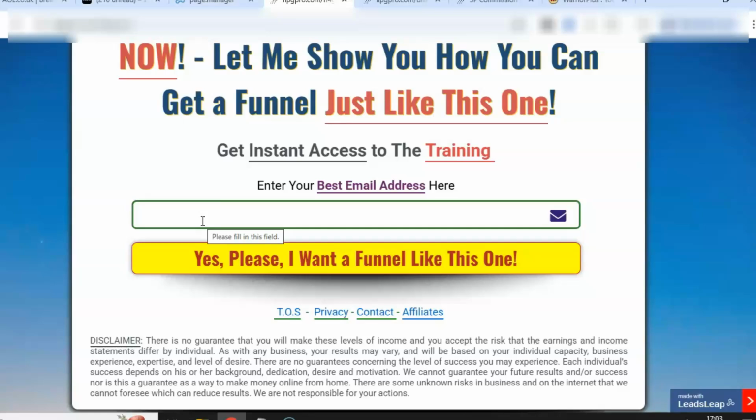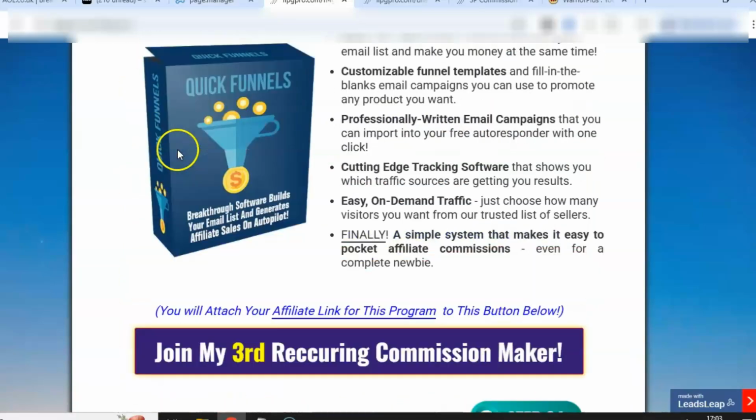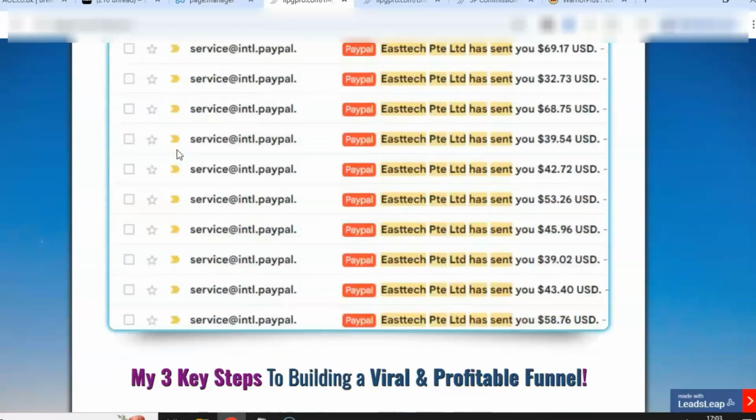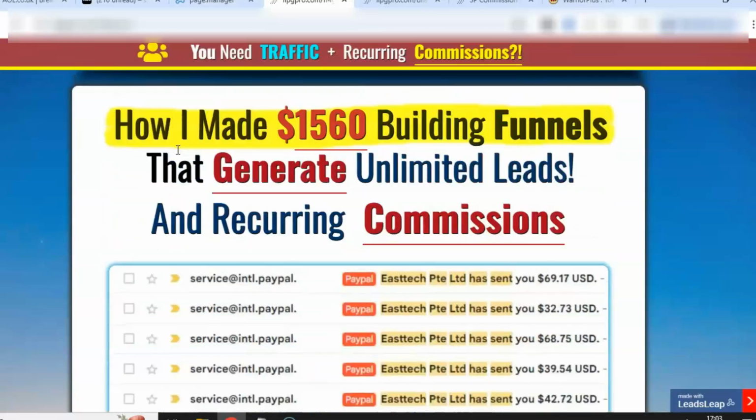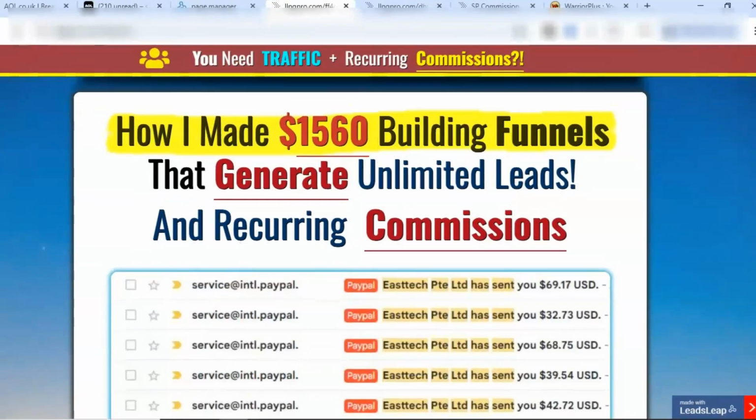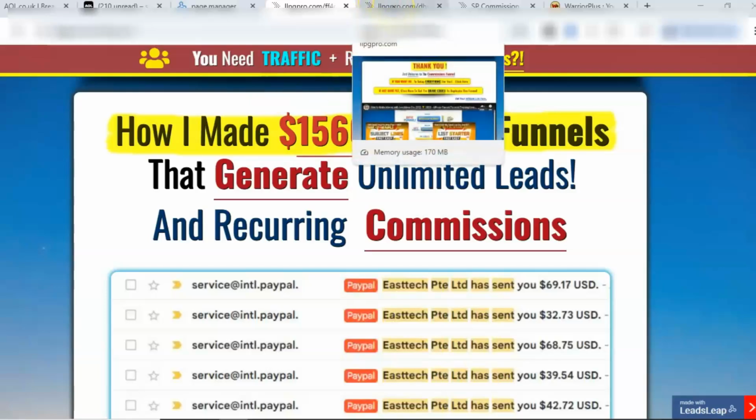is if you set this up correctly, people will do this. They'll put in their email address and they'll click here to say, yeah, I want a funnel like this one, let's do this. So I'm going to set this up and show you exactly how I do this step by step. And it is going to cost $4.95 for the actual share codes for it, but I want to talk to you about them as well, because